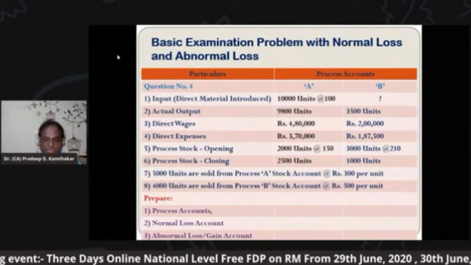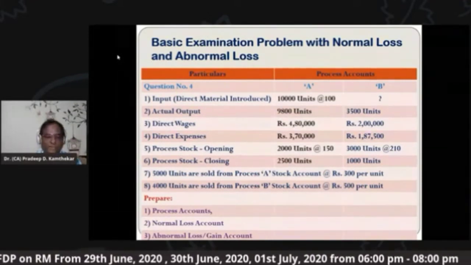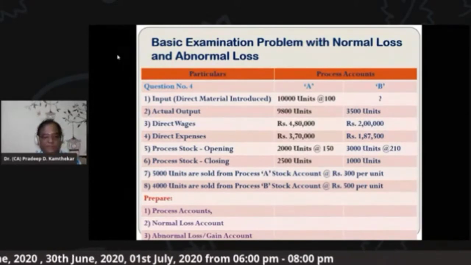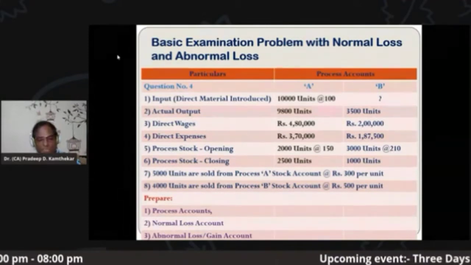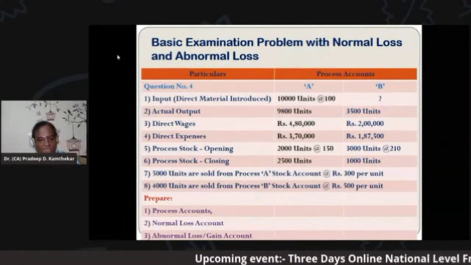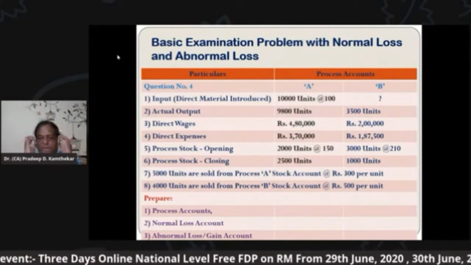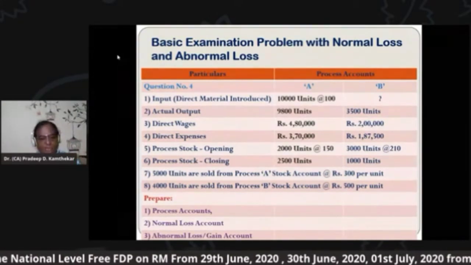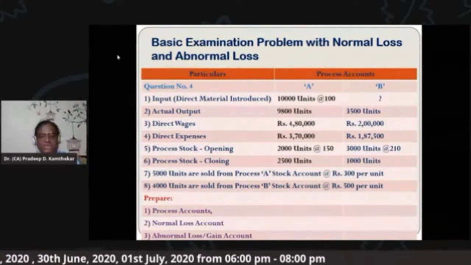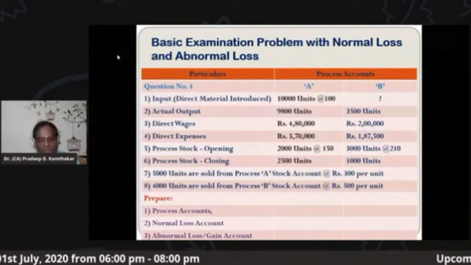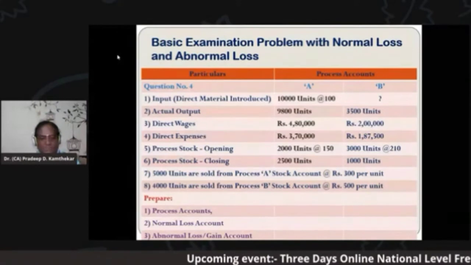And when we have a process stock account, there are two important points we have to understand. For any process stock account, opening stock units and rate will always be given. Why will the rate also be given? Because the opening stock of that process is the closing stock of the earlier period, and that earlier period's cost per unit rate we don't know, so it will always be given ready-made in the problem. So for any process stock, opening units and rate will be given, but for process stock closing, only units will be given, rate will not be given, because it is always out of the current year's production.